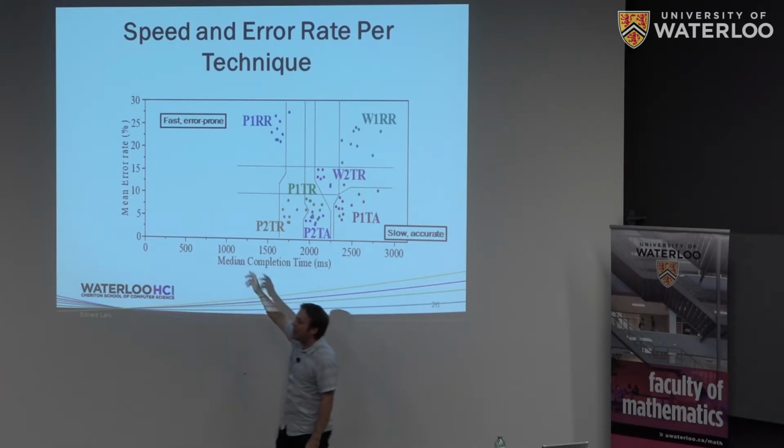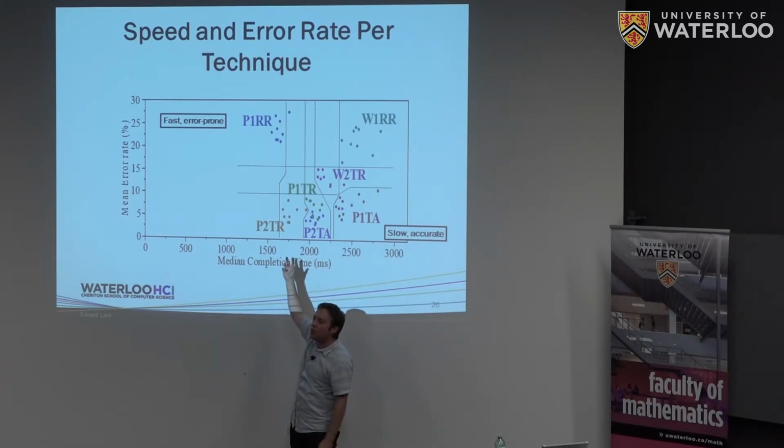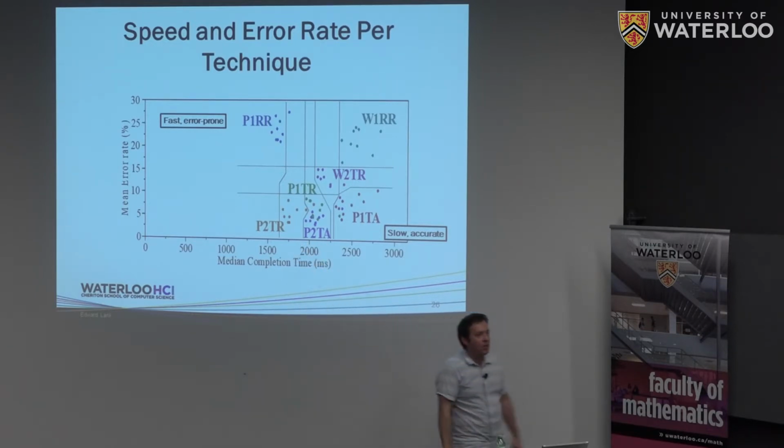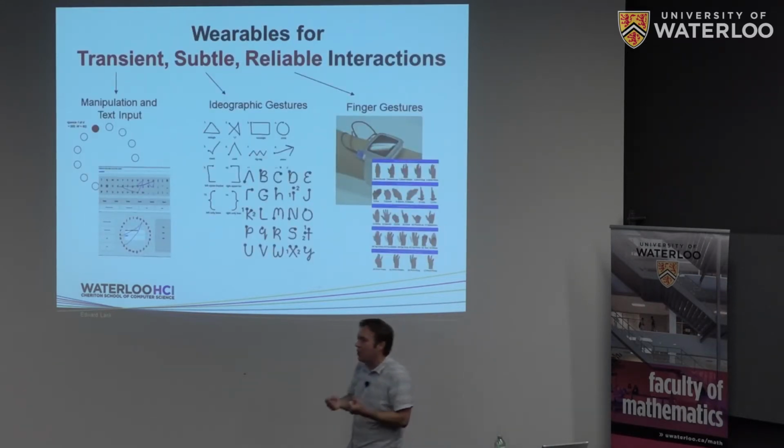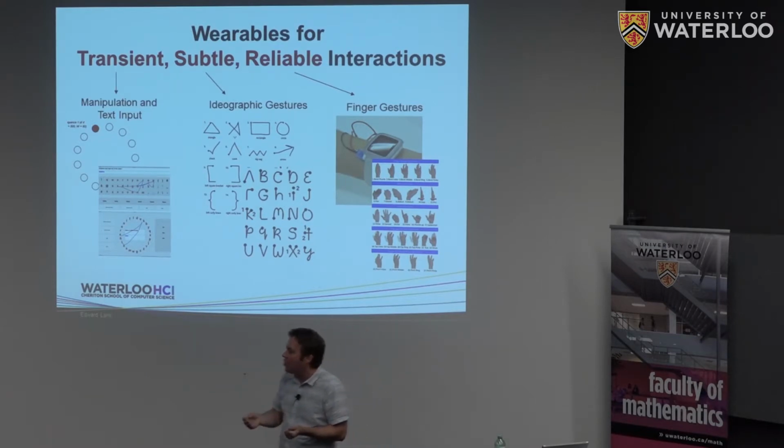And the useful thing about this is then, someone who wants to use these techniques can say, okay, what's the best technique? Someone who wants to do research on these techniques can say, what's bad about technique X, and is there any way I can accommodate for that in order to improve interaction? And so that, I think, falls into this space of transient interactions. We're trying to support the most basic form of interaction in terms of you walking into a space and it being easy to interact with an external display.